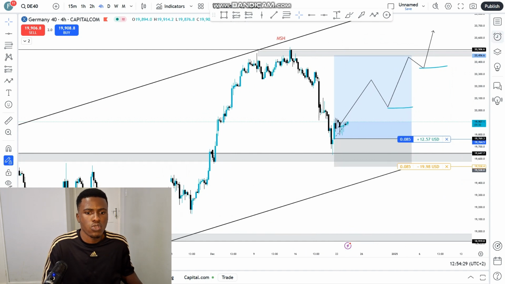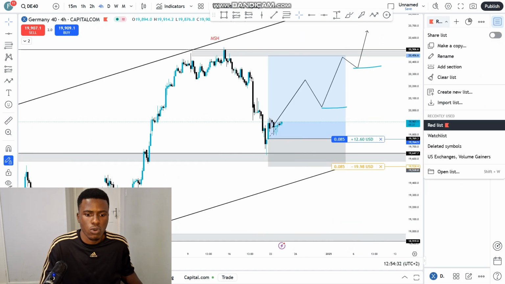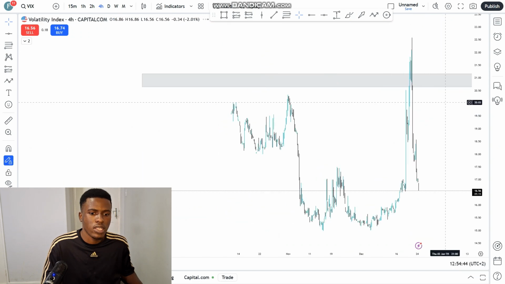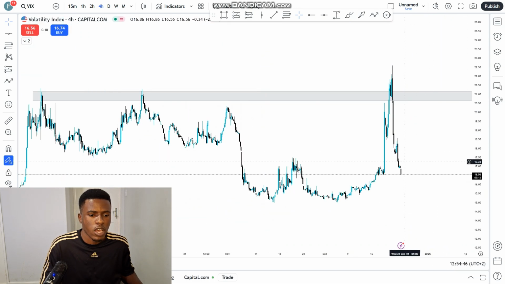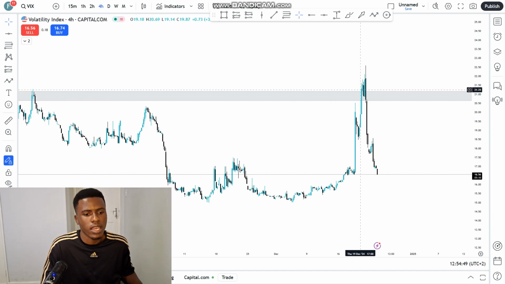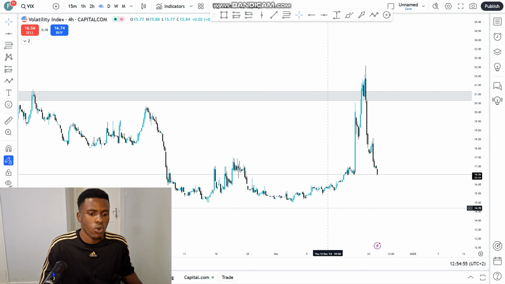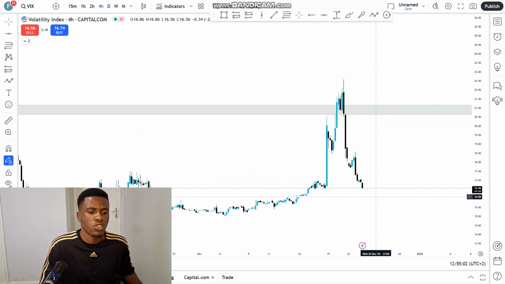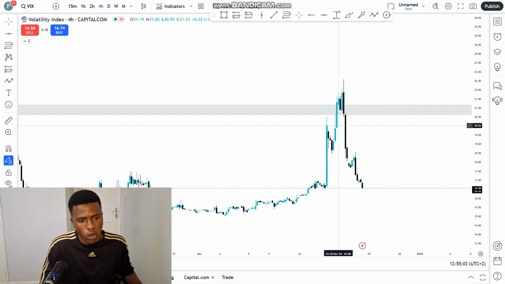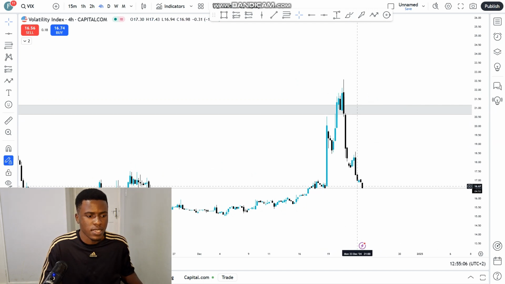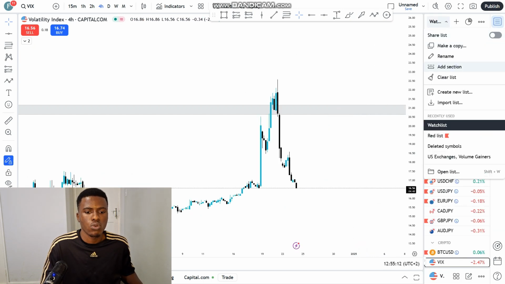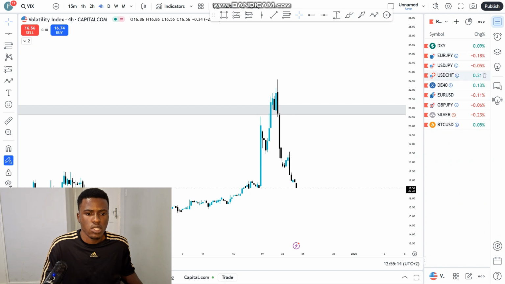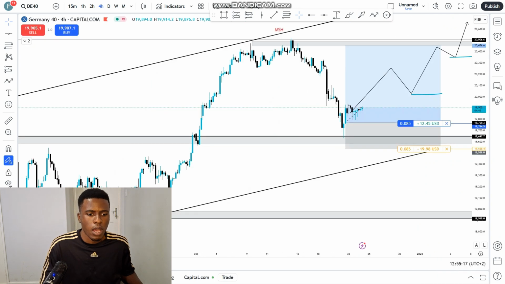And going to indices, I'm only looking at German 40 since I have a position going right here. And the reason I'm in this one is because of the VIX. If I can go to it. On my previous video, I did mention to you guys that every time the VIX spikes up, usually the indices will have a sell-off, right? And every time it goes down or is trading on these low areas right here, we do expect indices to perform really good, since it will be a risk-on environment. And that's why also the Japanese yen is so weak at the moment, because of the risk-on that's happening in the market.